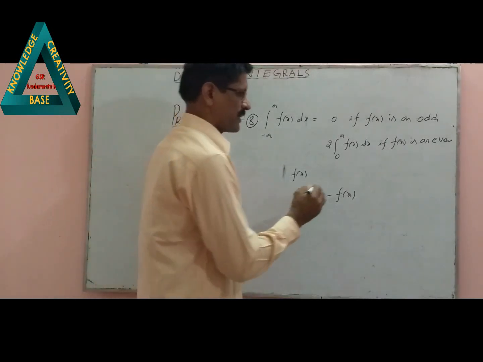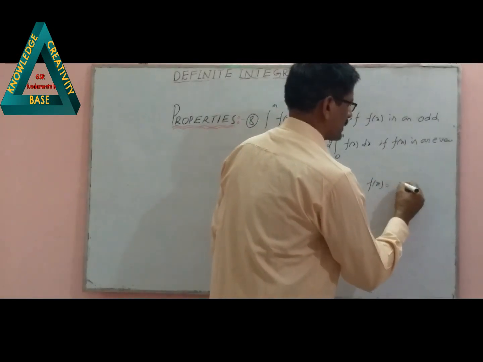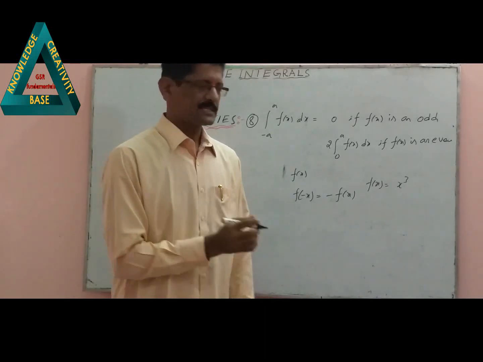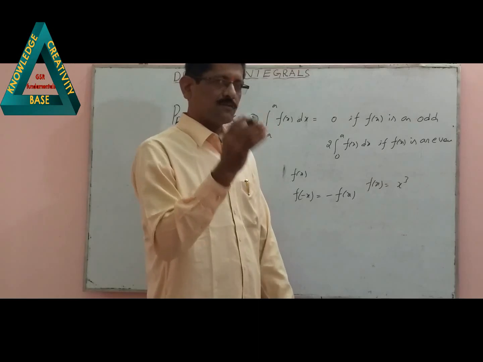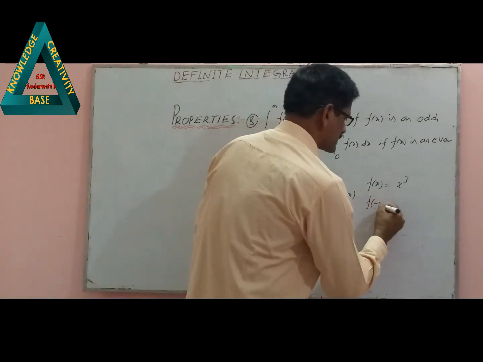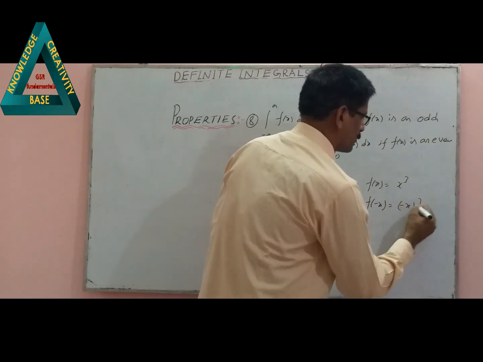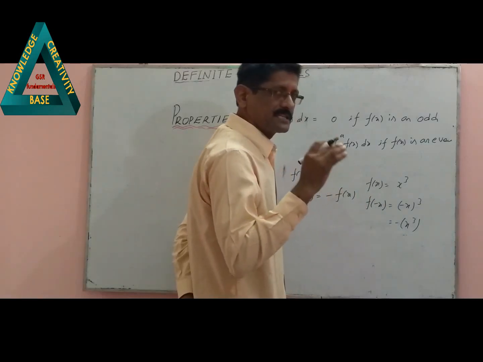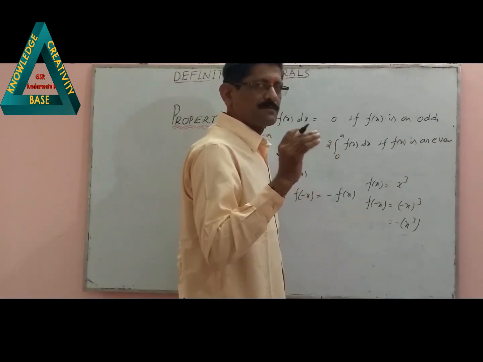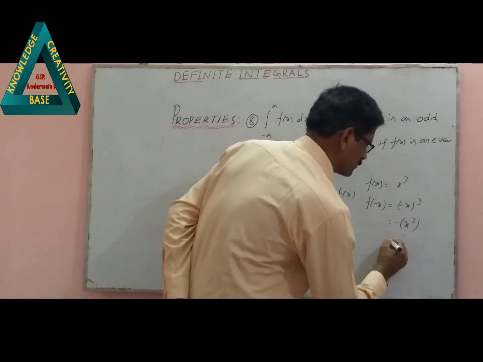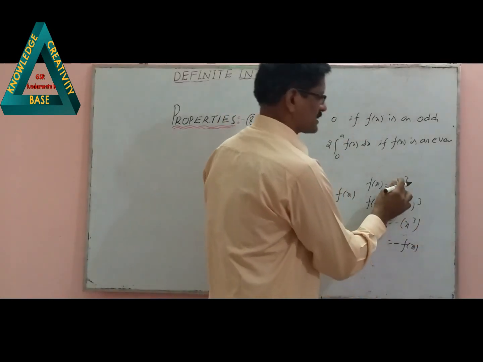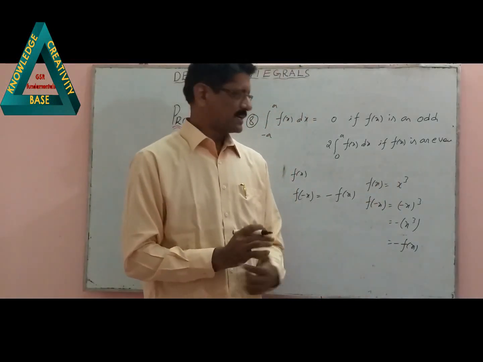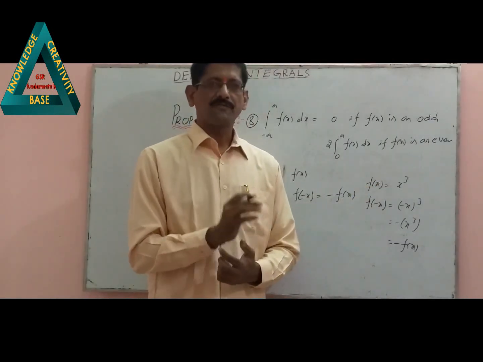What is the example? For example, f of x is equal to x cube. Is this an odd function or an even function? To check it, replace x by minus x. That gives f of minus x is equal to minus x whole cube. This can be written as minus of x cube. That is, minus x whole cube means minus x into minus x into minus x. Minus into minus is plus, plus into minus is minus. That equals minus into x cube, that equals minus f of x. What is f of x? x cube. So f of minus x is equal to minus f of x. This condition is satisfied. Hence the function f of x is equal to x cube